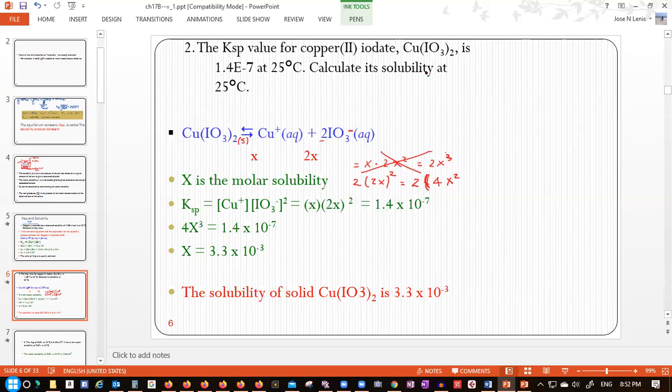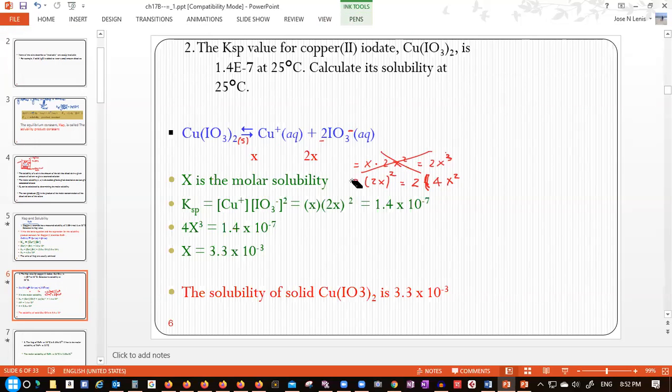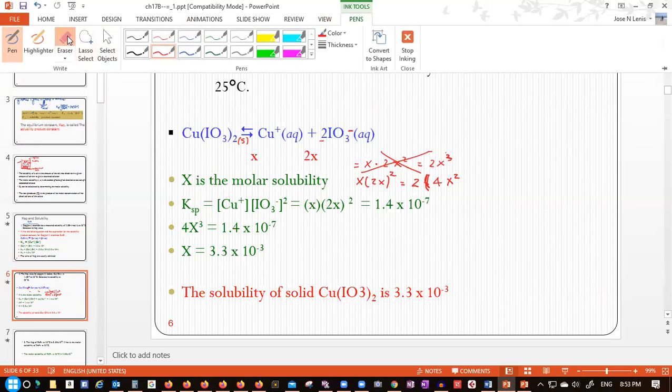Oh, hold on. I missed the x. It's not 2, it's x. I don't know why you told me to write 2. X. X times 2x squared, that's what I'm doing here. So that over there will be x